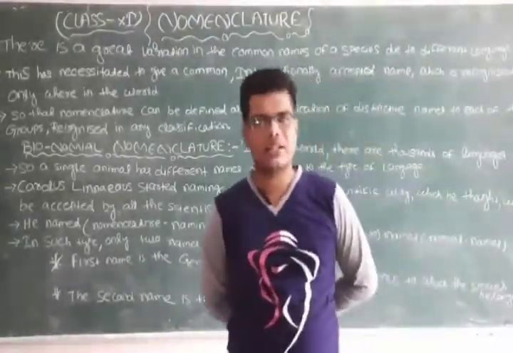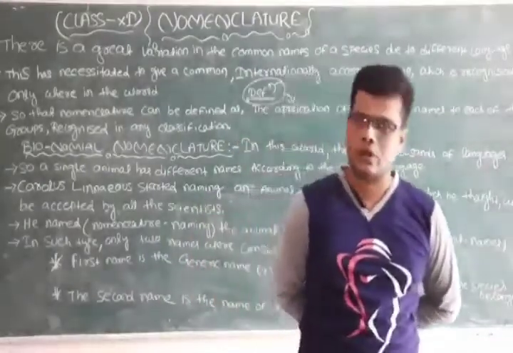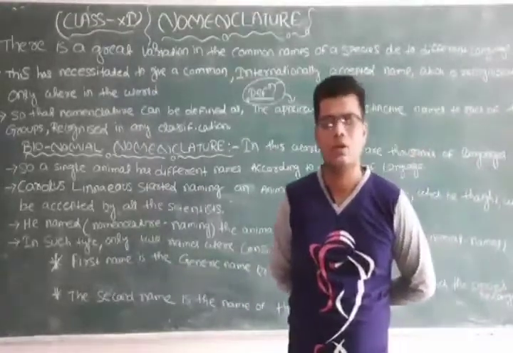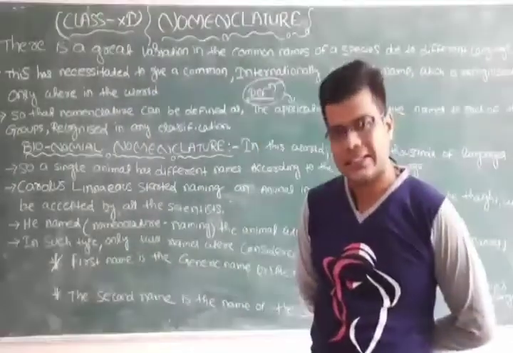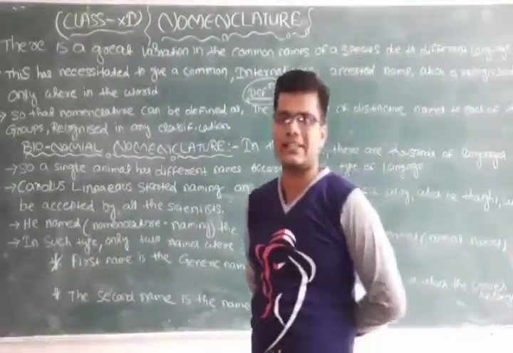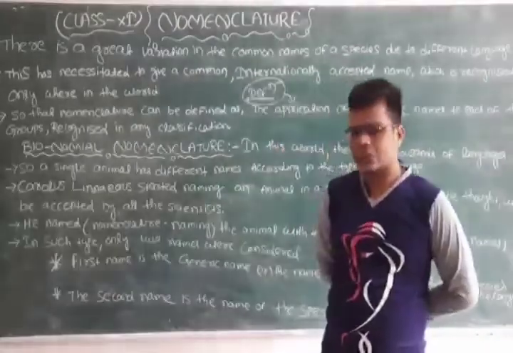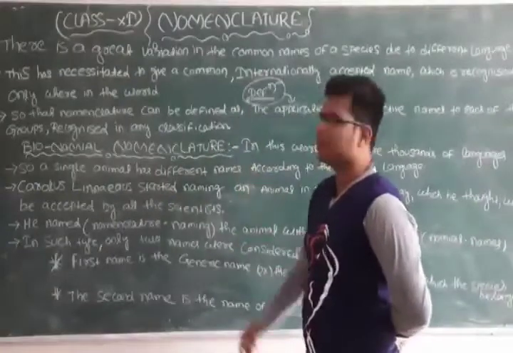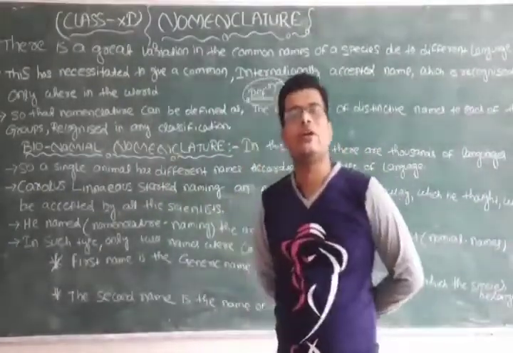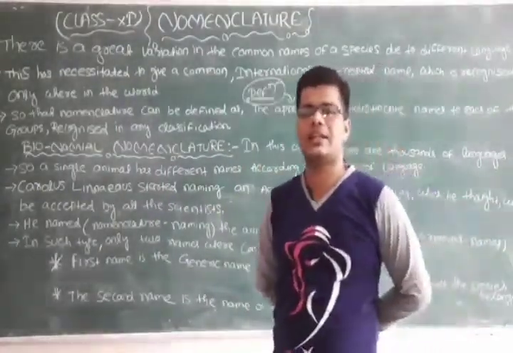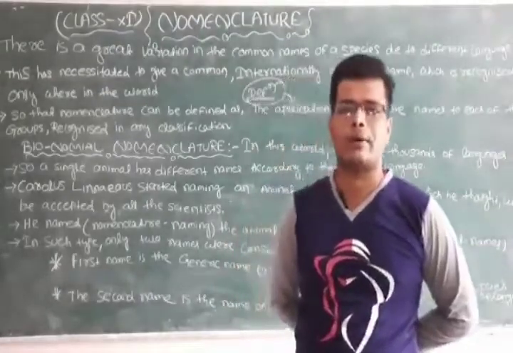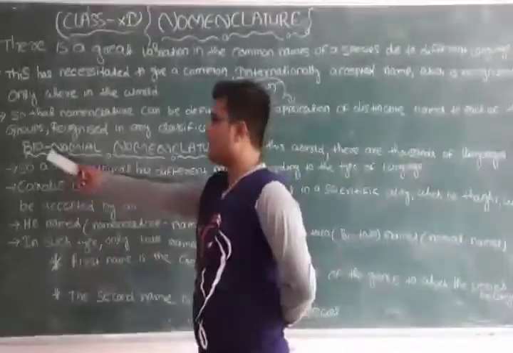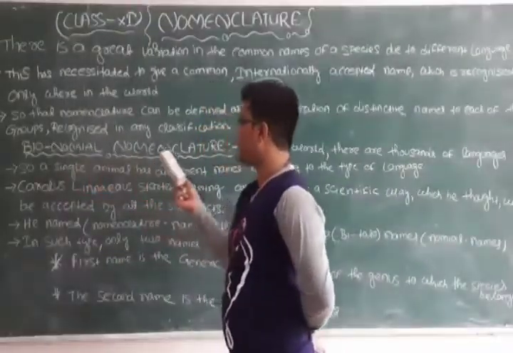They decided to name an organism by giving a two letter word, so that all the scientists would start a system known as binomial nomenclature, naming a group of organisms with two words.